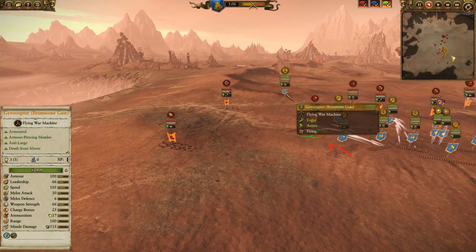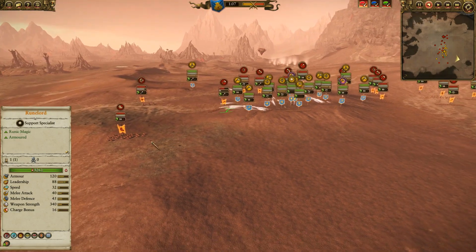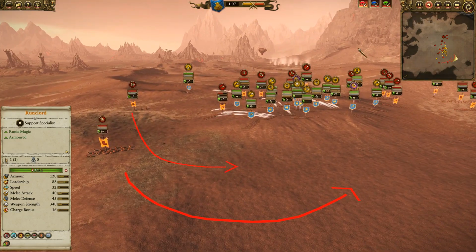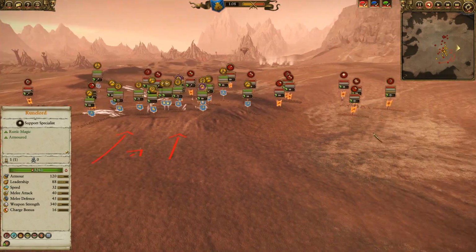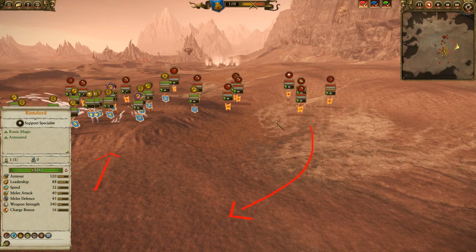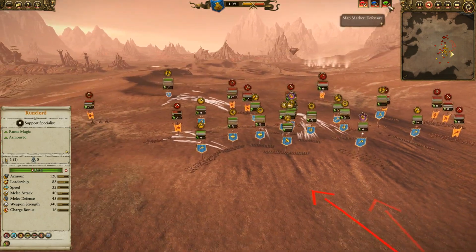Meanwhile, the Gyrocopter with Brimstone Gun is after this Razorgore Chariot, and the Beastman player is trying to go way around, and find a way right into the back line like that. And he's going to come with his units this way and do the same thing, way around, try and find the back way like that. So you can see what